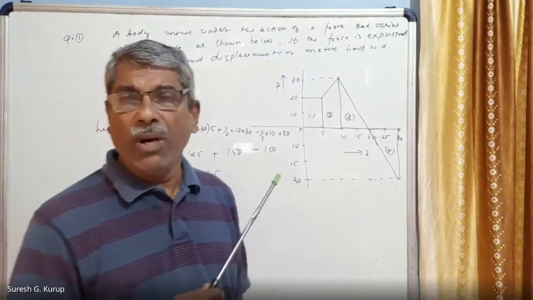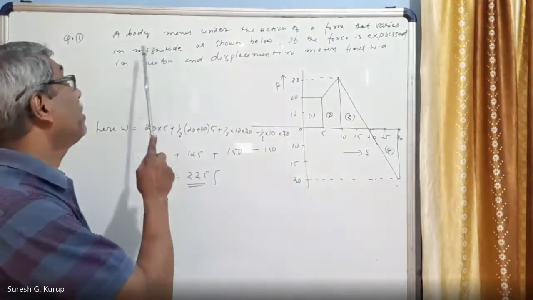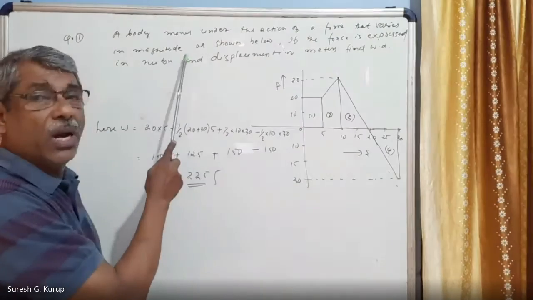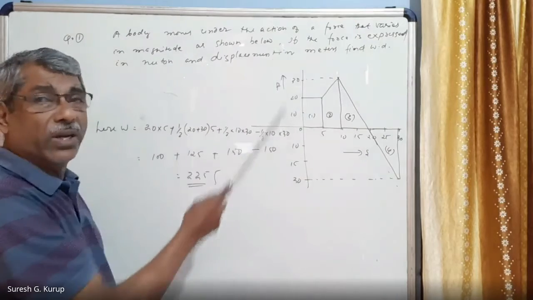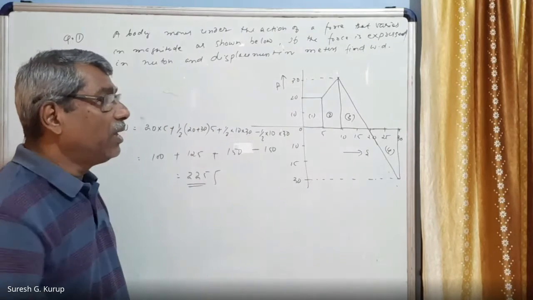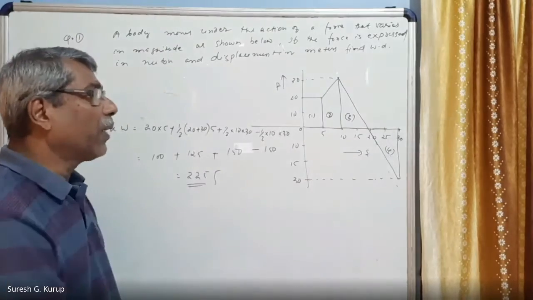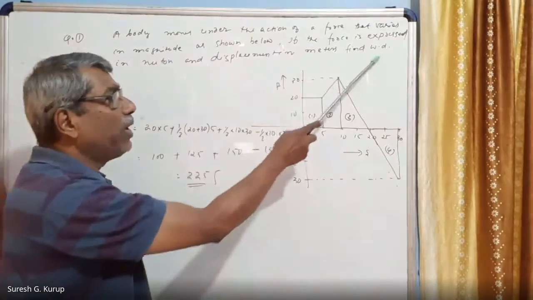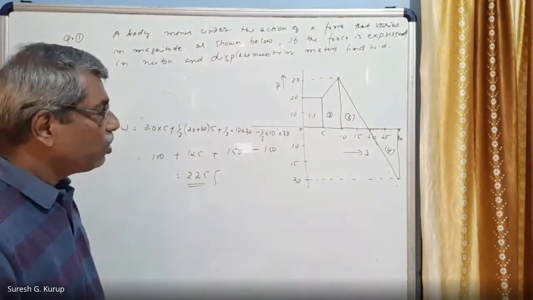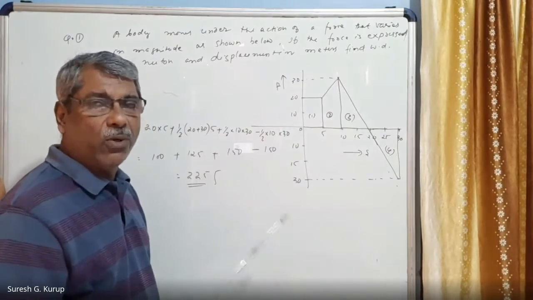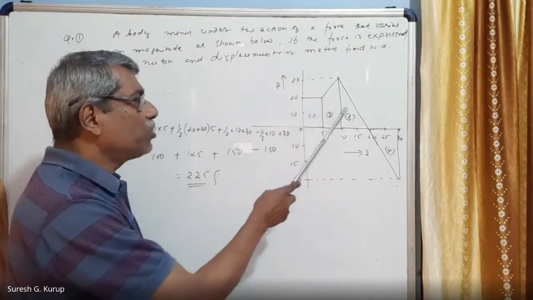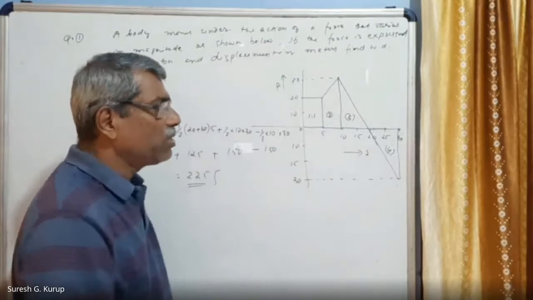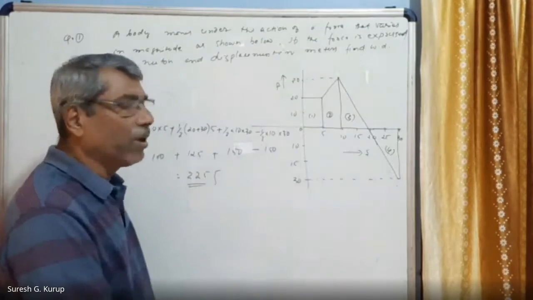For an example, I have marked a question here. A body moves under the action of a force that varies in magnitude as shown below. This is how the force is varying. As the force varies, the displacement is also varying, right? If the force is expressed in Newton and displacement in meters, find the work done. That's the question, so this graph is drawn here. The force displacement graph is shown here, with force along the y-axis and displacement along the x-axis, S here and F here, right?